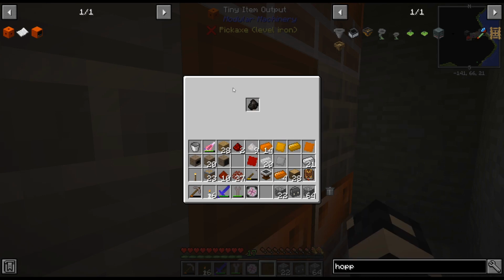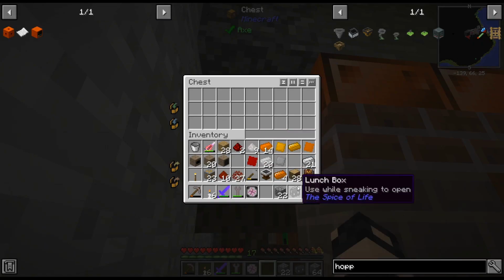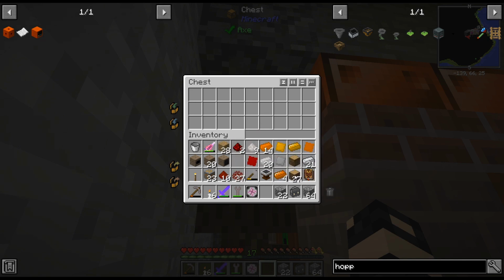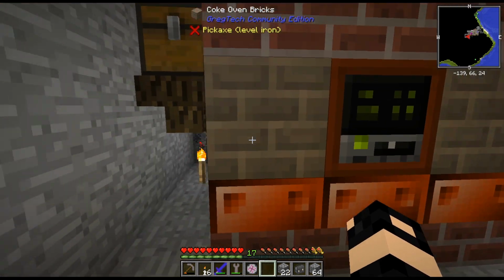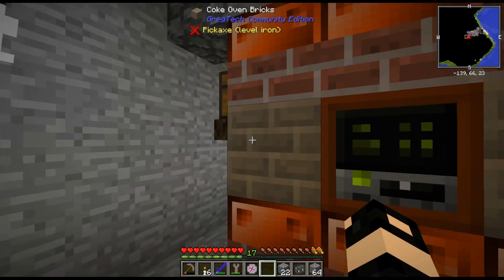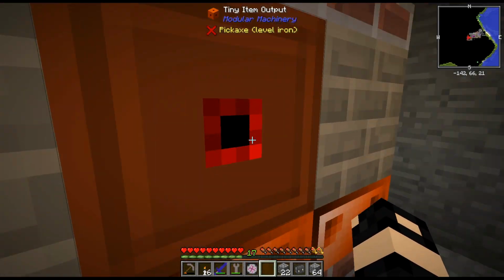I'm assuming like if this is full, it's not going to void. Here, let's try one more thing. I'm gonna do, let's see, I think it's gonna say, man, these hoppers that have no inventory are kind of annoying, to be honest. I know they're just like early game. I should just replace them, but